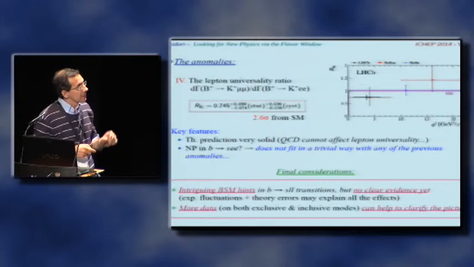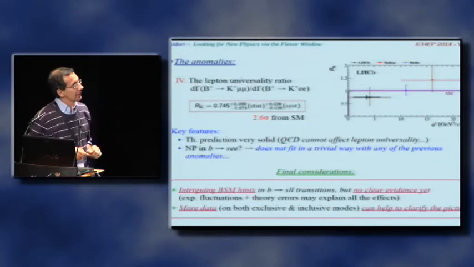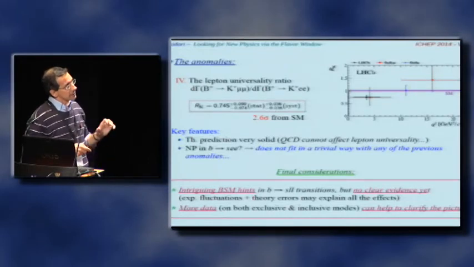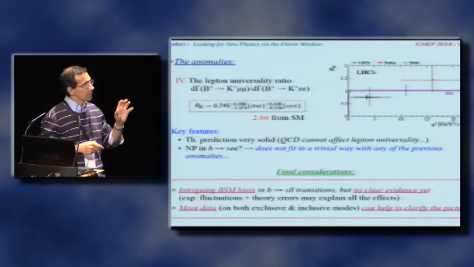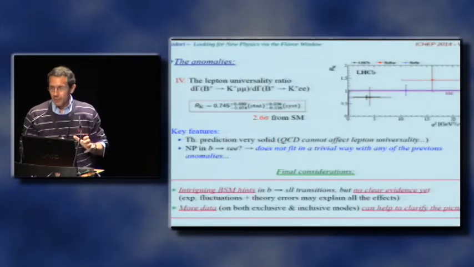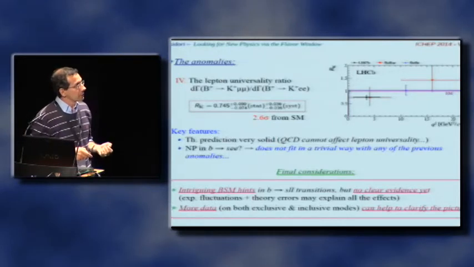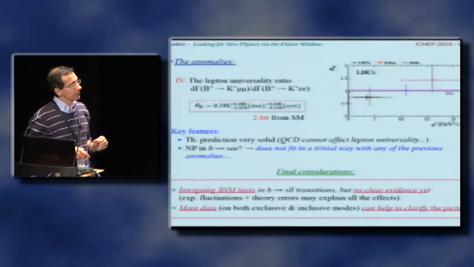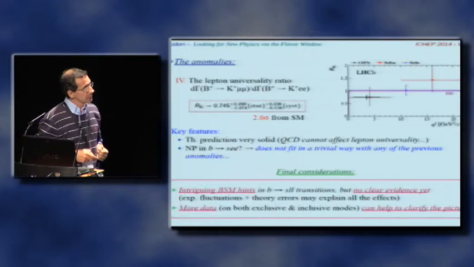So maybe this, if it is really confirmed, could be a clean signal of new physics in B to S e e, but certainly these do not fit in a trivial way with the previous anomaly. So maybe it's just an indication that the situation is complicated and we really need more data. So my final consideration about this mode is that there are some intriguing hints in B to S l l transitions,